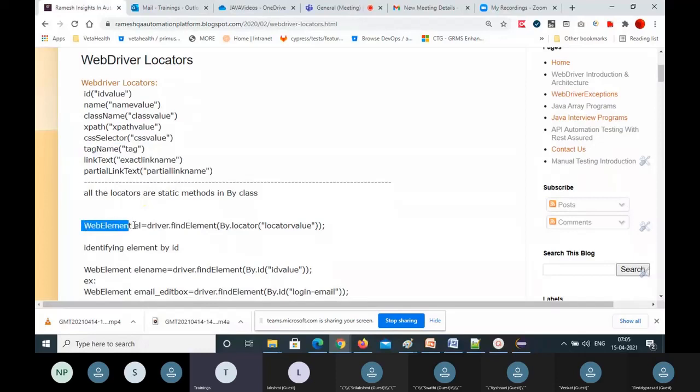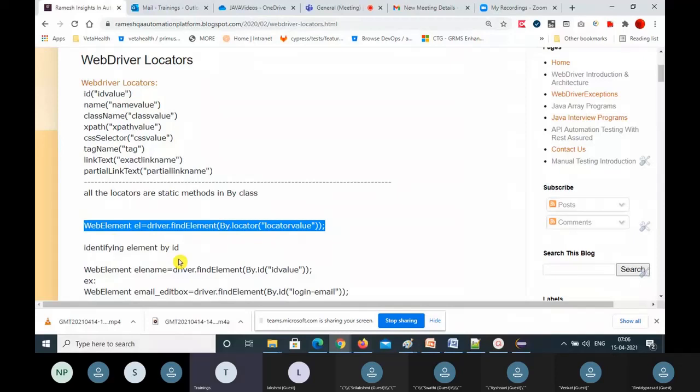WebElement name equal to driver.findElement(By.locator value). This is the generic formula I have given to identify a single element, and I'm now applying the locators one by one. These are all locators we are going to use to recognize or find your web element in the web page, not to do any action.